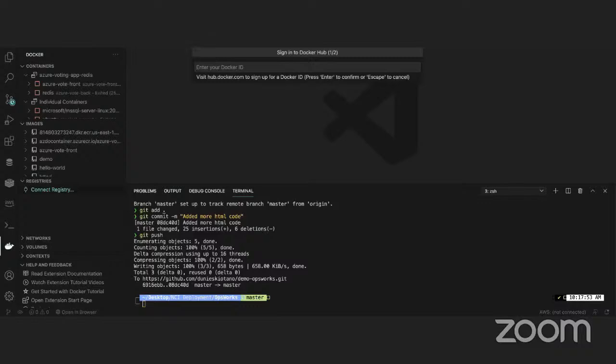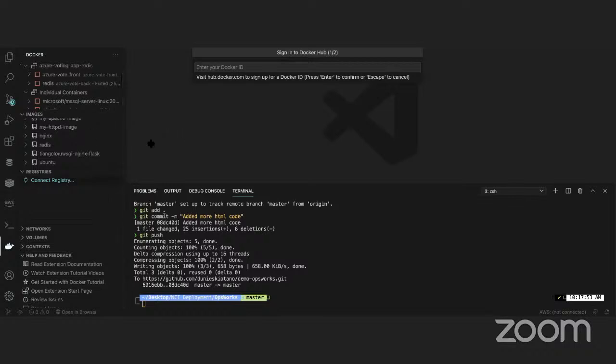So, yeah, Docker is super, super, super important. When I worked on the web